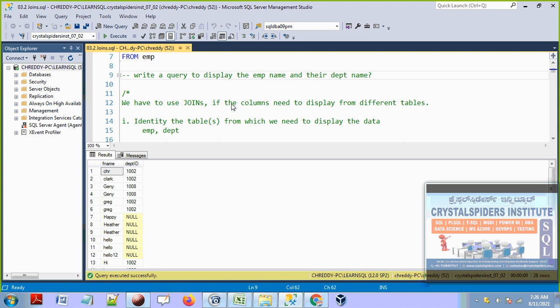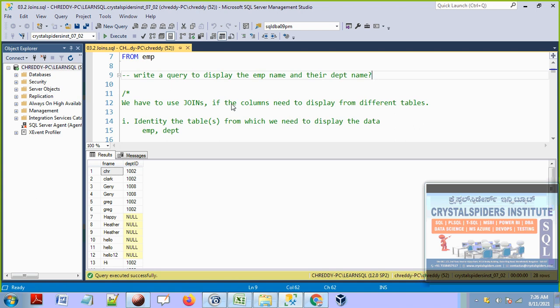In my output I want to see some columns from one table, some columns from another table and some columns from some different table. In that case we need to join all those tables whose data we need to display.